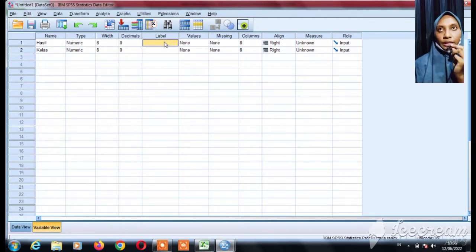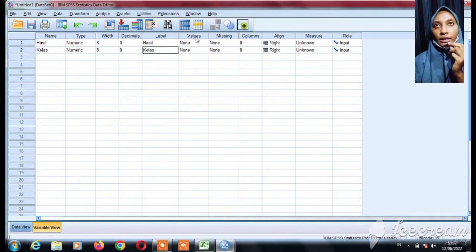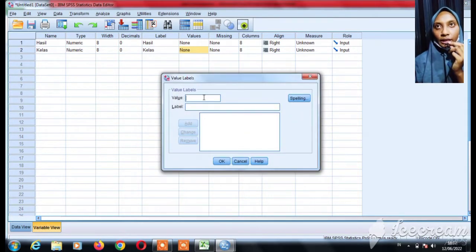Then we also change the values, which will display a screen like this. Then in the value we type 1 and the label becomes class A. Then click Add.